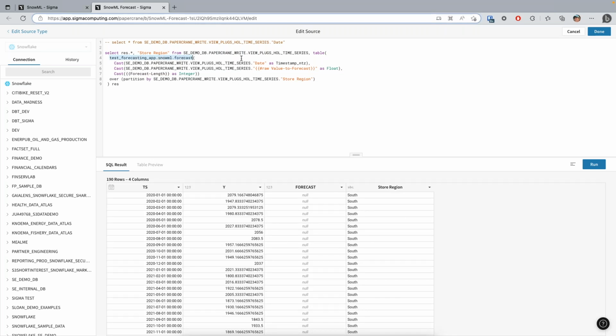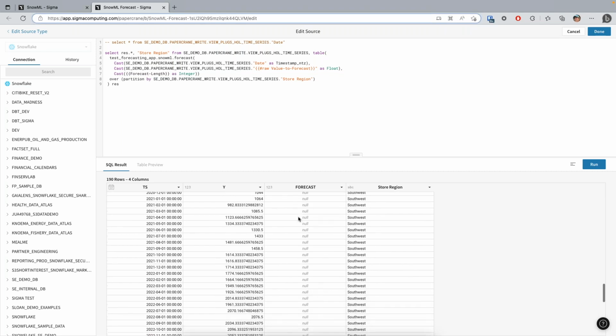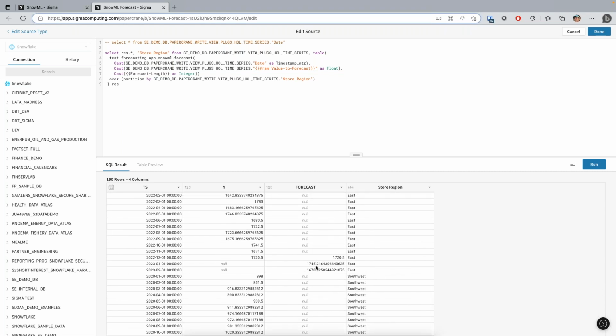test forecasting app.snowml.forecast. And what this is able to do is just take in a date, take in a raw value to forecast, take in a forecast length, and then build out a forecast into the future. And it will dynamically create a new table from those inputs where it'll turn your input date into a time series, your input value into a Y value, and create these forecast values for as many periods into the future